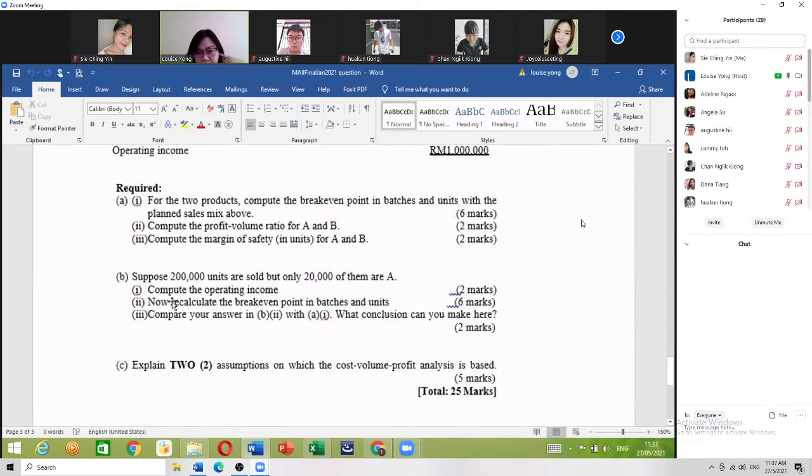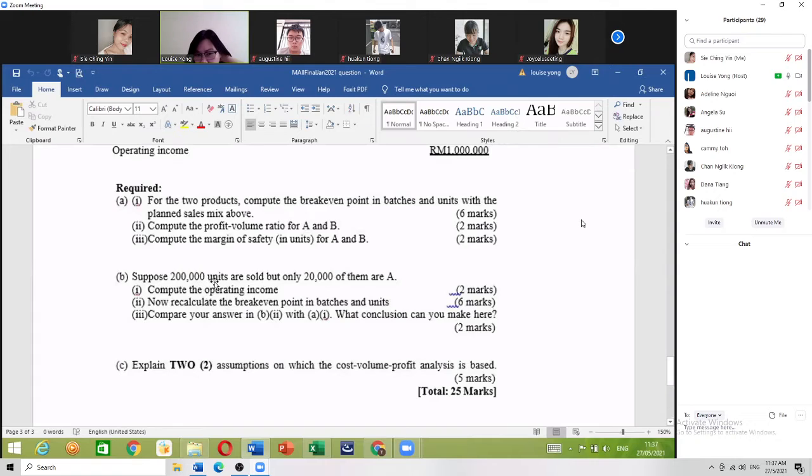Then compute your margin of safety. In units 啊，它这边是你要看清楚，它还问你什么啊？它这边是要你 in units 啊，不是 in percentage。它叫你 in units for A and B，可以吗？